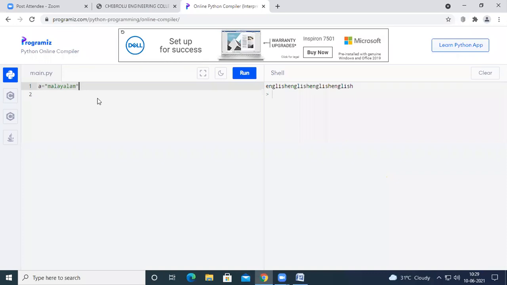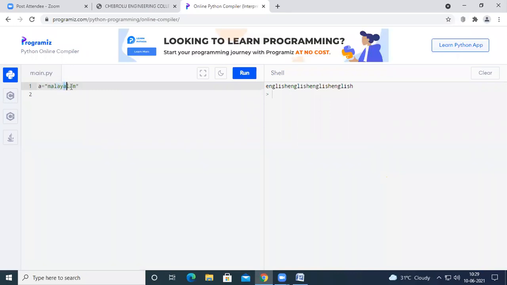By using a Python program, I want to find how many times the letter A occurred in the string. You can see A occurred for the first time, second time, third time, and fourth time.